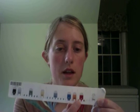The next step is you want to unpack all the different components. You have your string pack. Mine is a little bit messy because I've been sewing, but this is your string pack, and it comes on a cardboard hanger, and it shows you exactly the colors and the number that the color goes with, in which it coincides with a pattern,